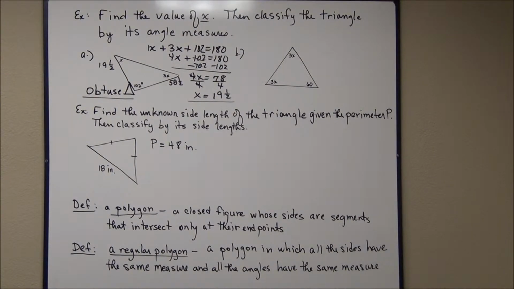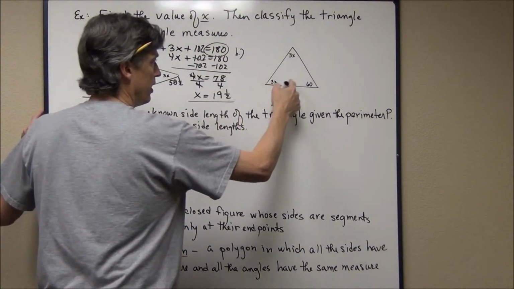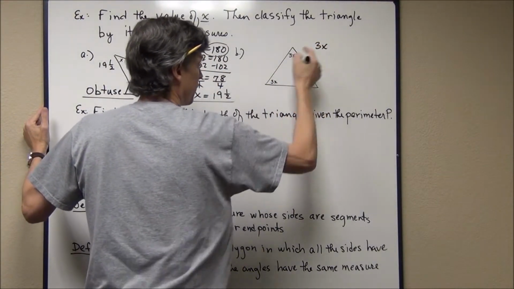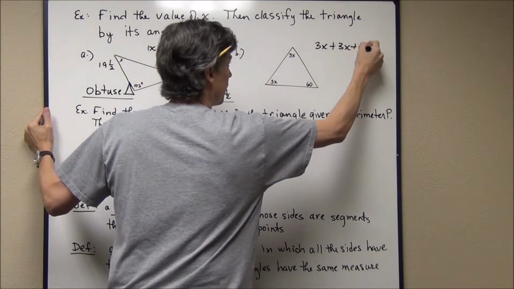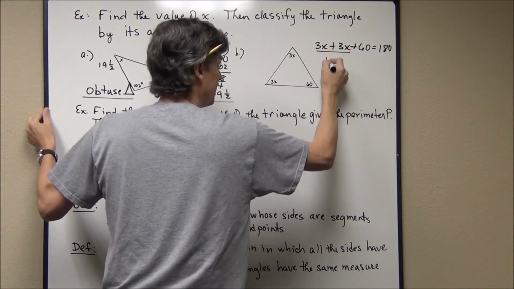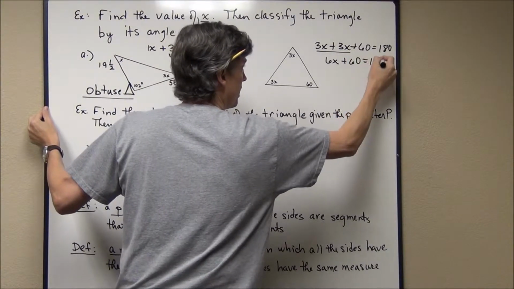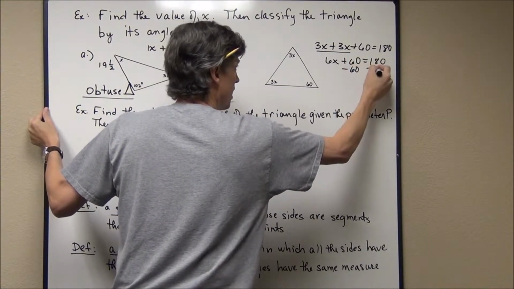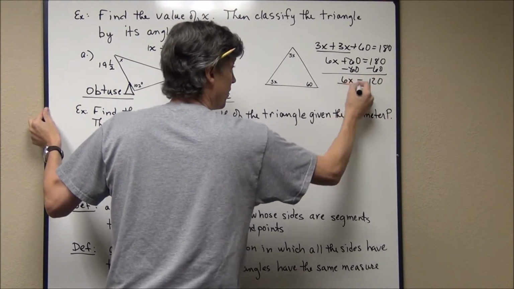Alright, now the next example I think is going to be a little bit easier, and I think it comes out evenly. Again, same concept. It has to add up to 180. So I have 3x for this one, and 3x for this one, and 60 for the third angle, and that has to add up to 180 degrees. That's 3x plus 3x plus 60 equals 180 degrees. I'm going to solve this one, undo the adding or subtracting first, then divide,